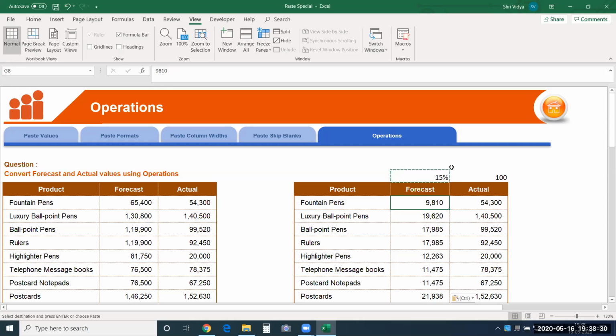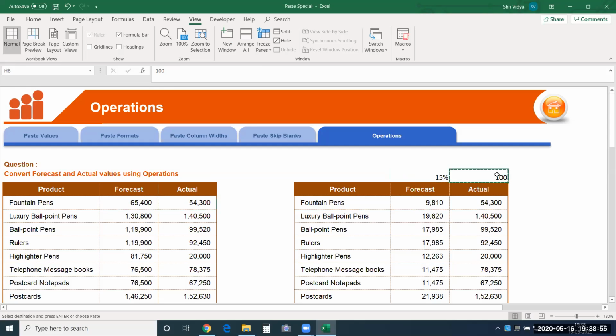So now the calculation is done. There are no formulas as well. It's a one-time calculation, and you don't see any change when you change the source data. So this doesn't get updated automatically. So when you have a one-time calculation to be performed, you will use this paste special option. It is really quick. Now let me show you how to add.